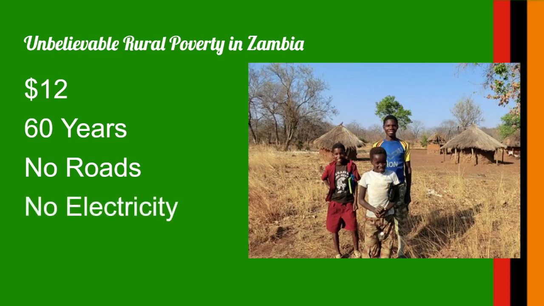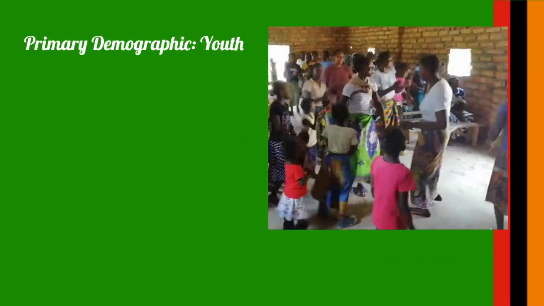There's zero electricity, so any type of infrastructure you're going to put into these areas has to survive on manual labor. And unfortunately, UNICEF doesn't even track the sanitary and hygiene measurements for these rural impoverished areas in Zambia. If you go to the Water and Sanitation and Hygiene WASH website for UNICEF, it doesn't even list Zambia on its reports, but 100 other countries.